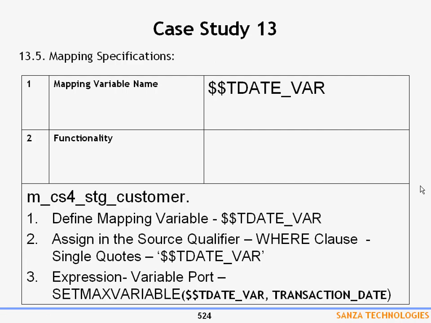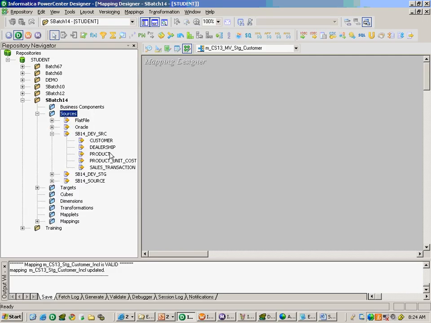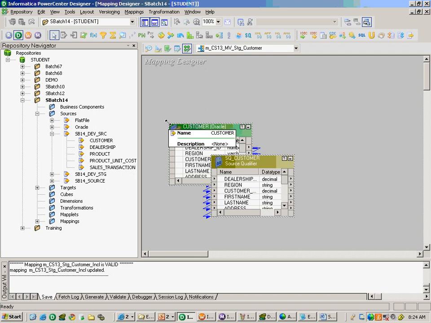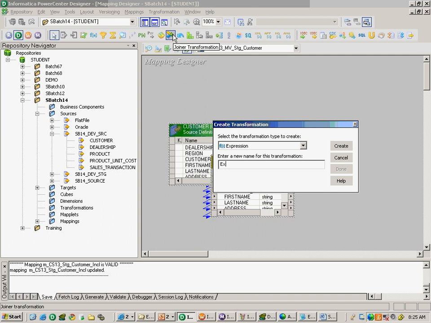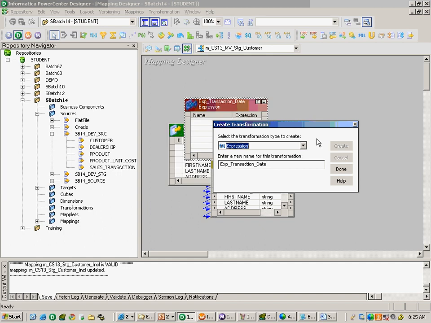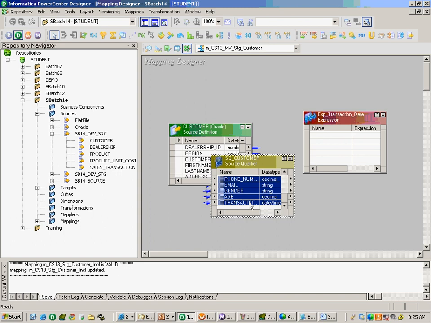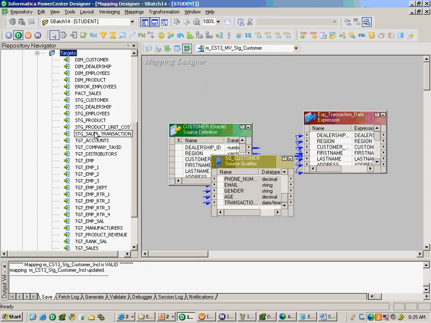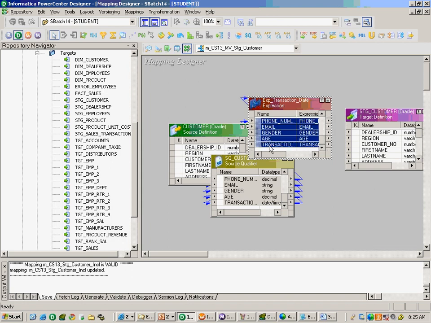Now I'll do the mapping for you. Source. I'll take the customer. For you it is your ID underscore customer. Create transformation best practice expression. That's the reason I put transaction date. And that you are doing the mapping variable. So I'll put this one back into my expression transformation. Then I'll get my target table. That is STG customer. Then the transaction date,